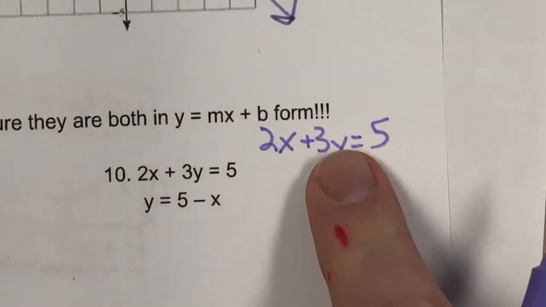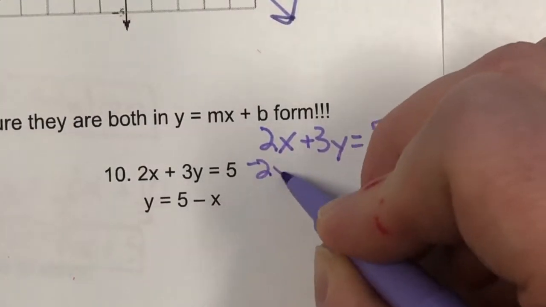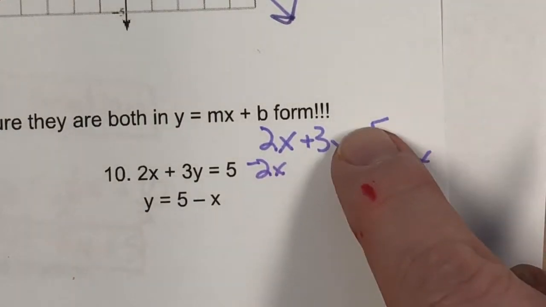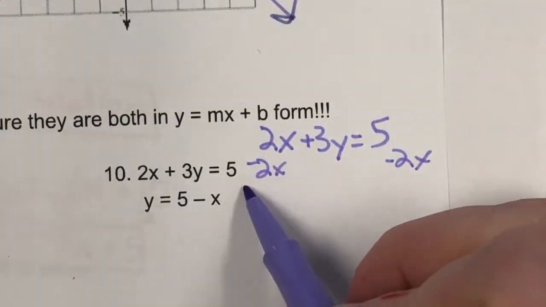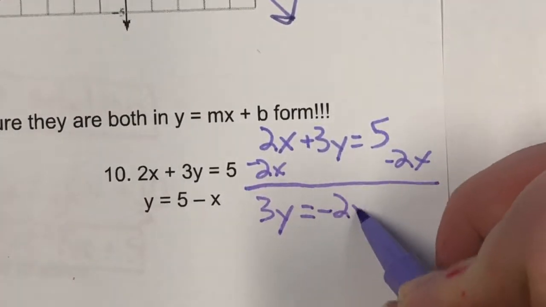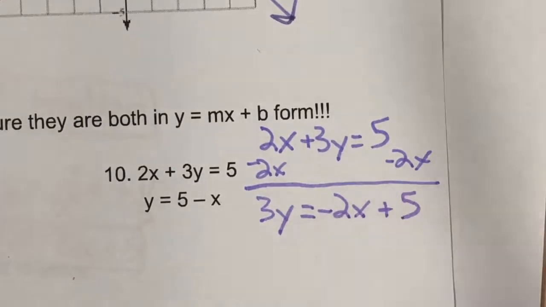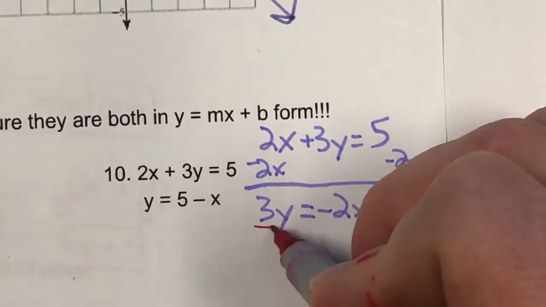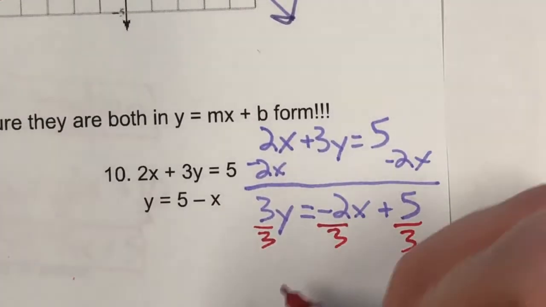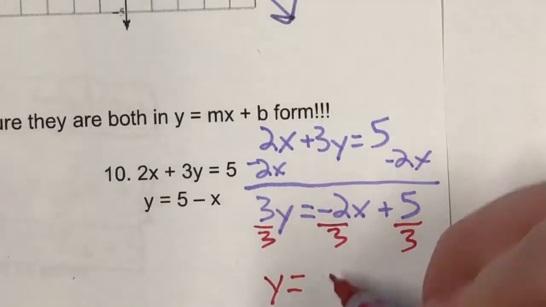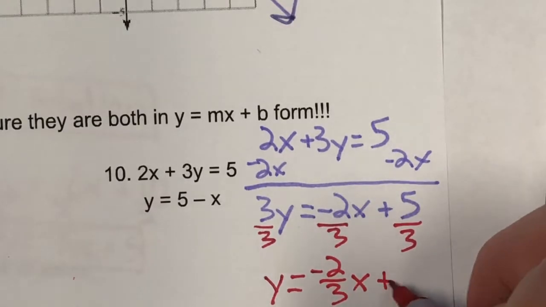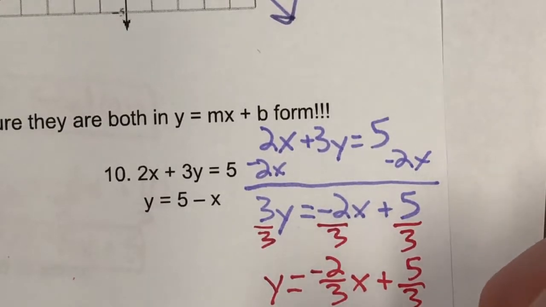All right, so the first thing I'm going to do is subtract 2x from both sides. And remember, I can't take away that 2 from 5. I have to either put it in front or after, but I like to put mine in front. So I have 3y equals negative 2x plus 5. And finally, I have to divide everything by 3. And so this will give me y equals negative 2/3 x plus